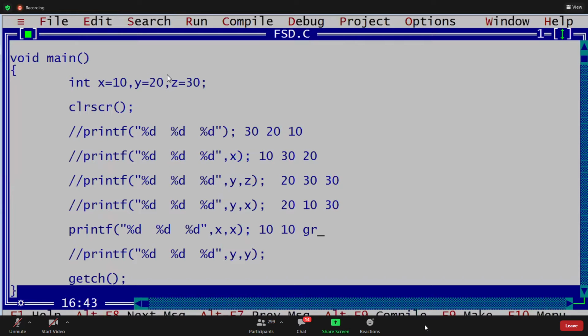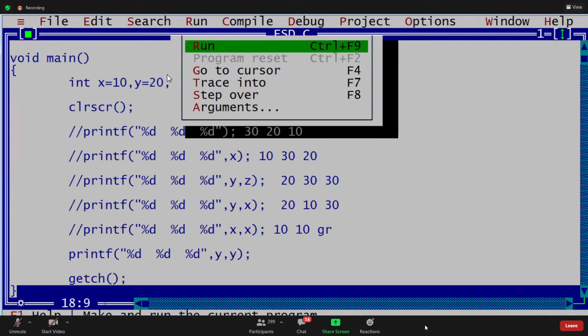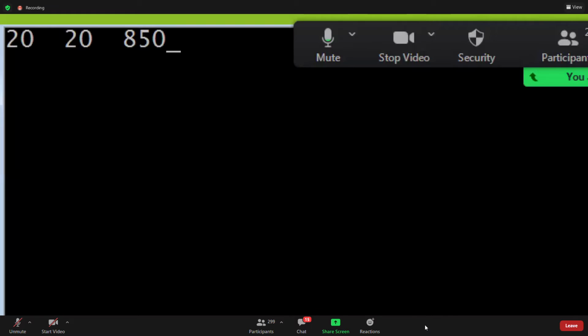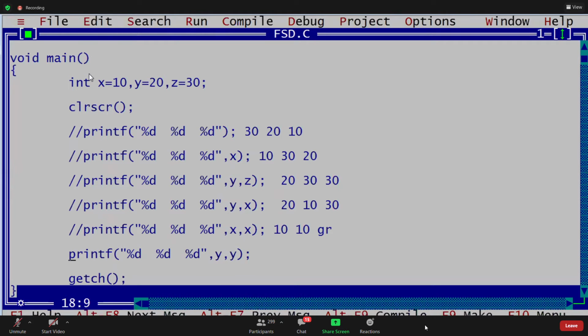Now the expected second one is 20, 20, 30. But if I execute this, 20, 20 expected 30, but 20, 20, garbage is printed. What is the limitation? When it is printing wrong, guys, tell me. When we repeat the values. If you access one value more than one time, then it gives garbage values. Clear? That is a limitation.